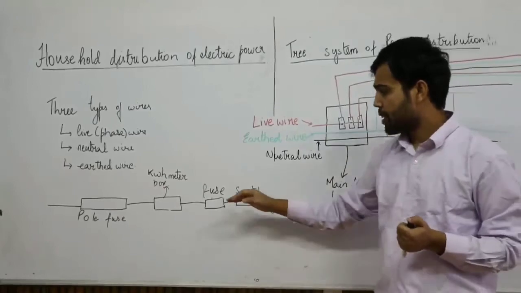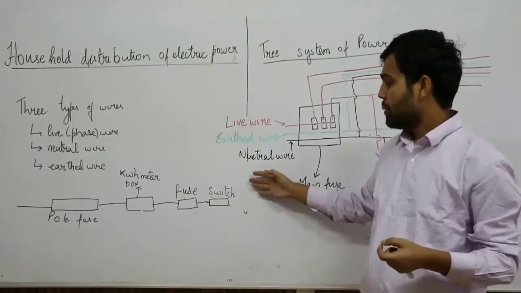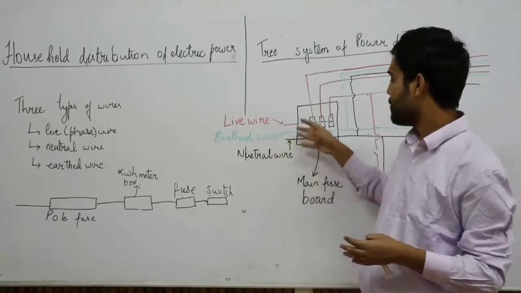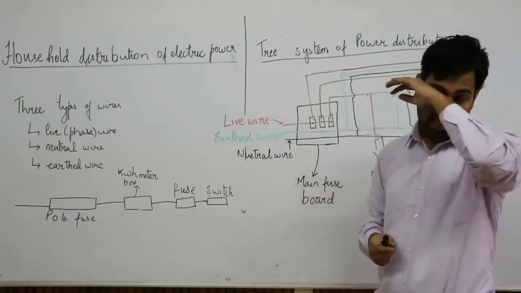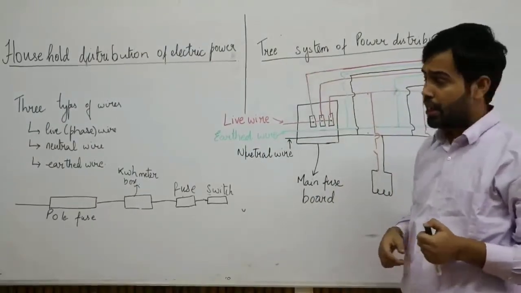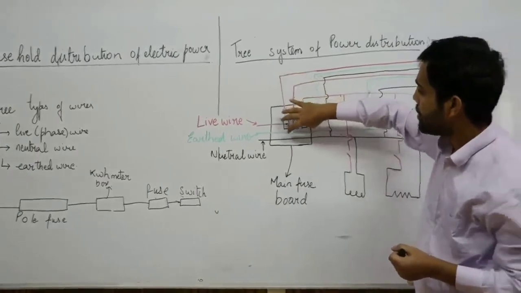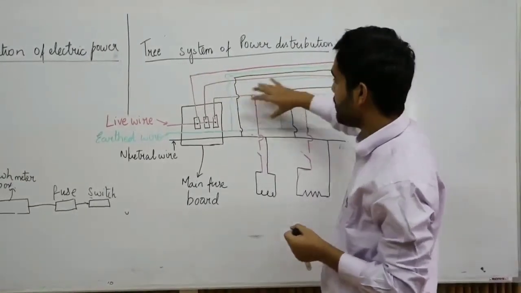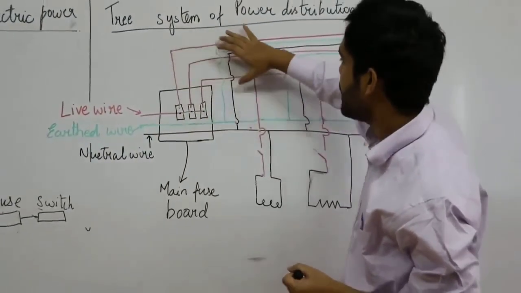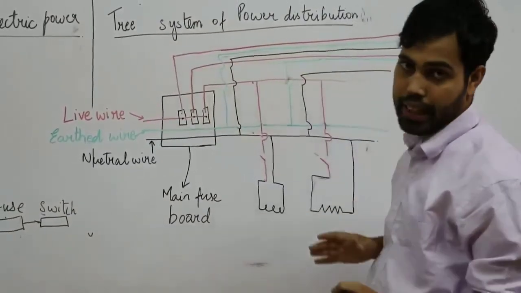Now before coming to the switch, we have this main board. The switch is a main switch which can be used to cut off the current for the entire house. And from the switch, we have a main board fuse where it is connected. In most houses, we use this system of power distribution. I have a common source, and from this one source I am dividing it into different parts so that I can take the power into different rooms for different electrical devices.